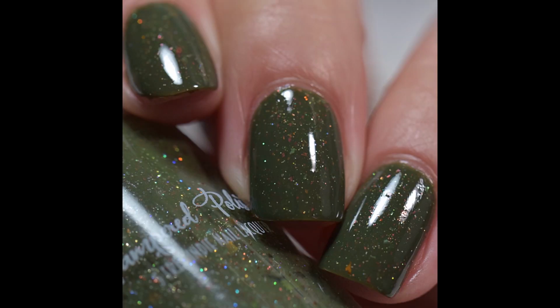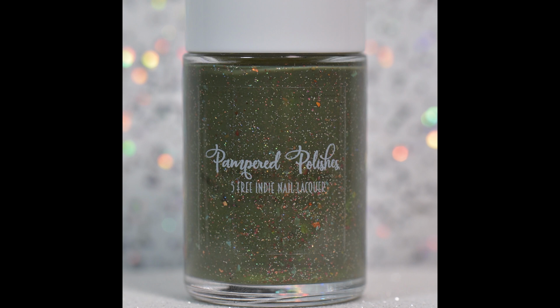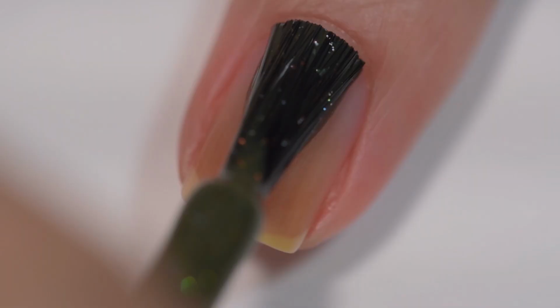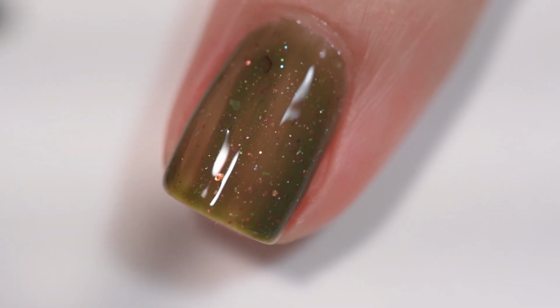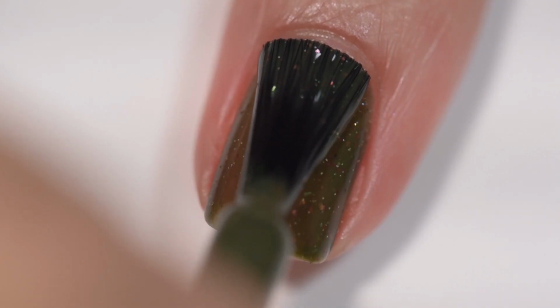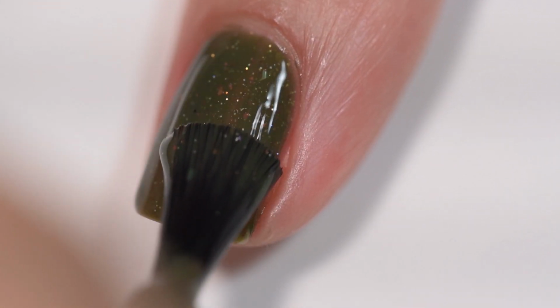Next up is from Pampered Polishes, and this is Extra Dirty. It's going to sell for $13. There's no cap. It is described as an olive green crelly that is loaded with warm ultra chrome chameleon flakies, red flakies, holographic flakies, and ultra holo glitter. This polish had a wonderful formula. It went on very smoothly and evenly and stayed exactly where I put it. I had no running, no pooling, I had no staining. Nothing in here is going to dry textured, and nothing is going to give you any kind of difficulty to